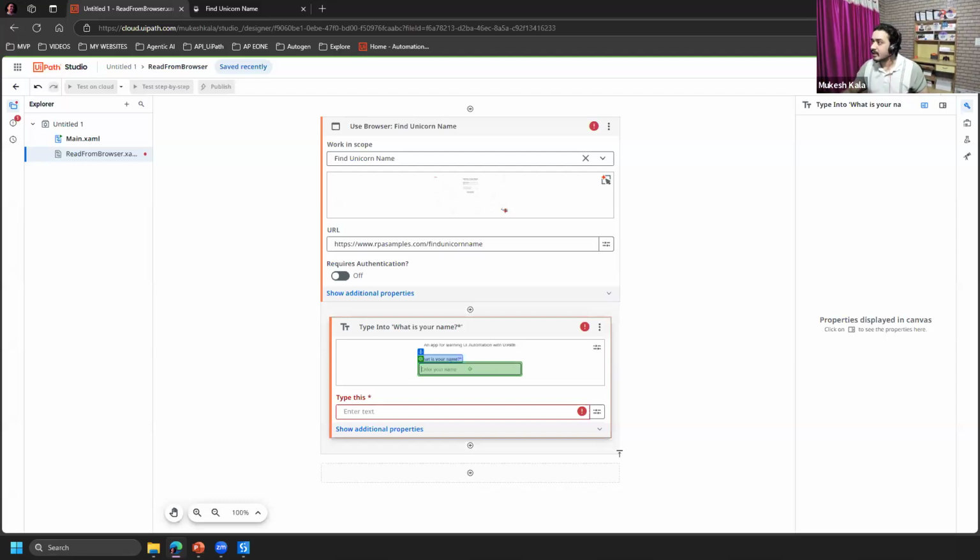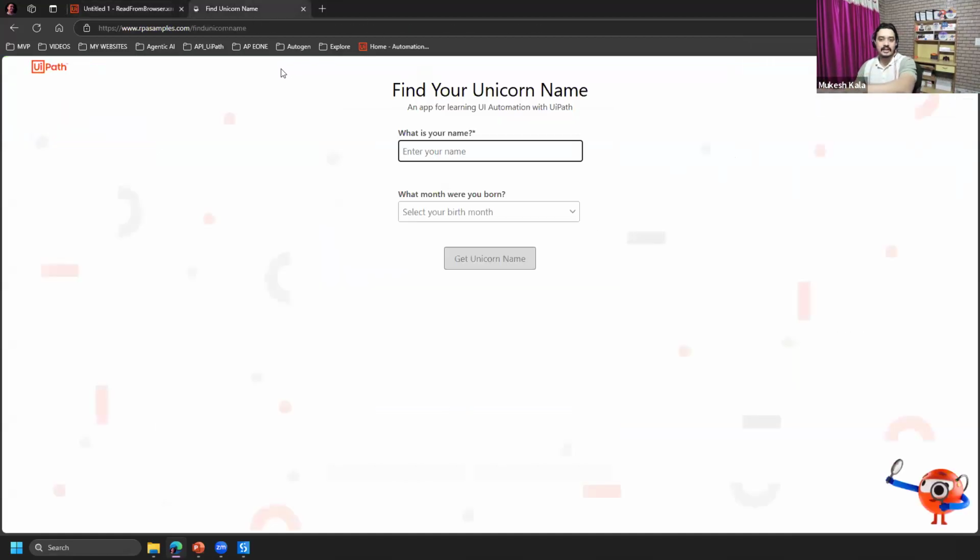So for that, I already have this extension. But if you do not have it, UiPath will prompt you to install an extension. Don't get scared. It is just like you are giving access to it. And if you look at the extensions, you can see here UiPath extension for Studio Web is installed. That is why I am able to do this, right? So don't get confused if you get an additional pop-up.